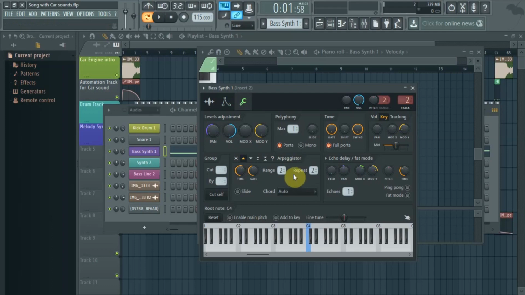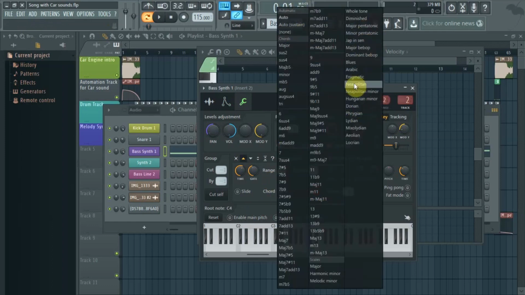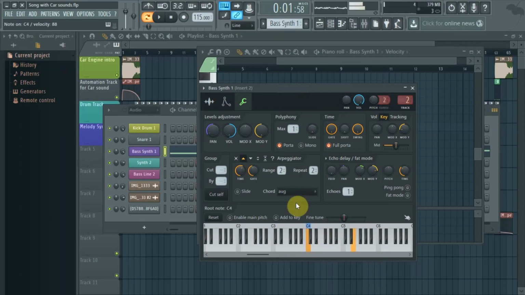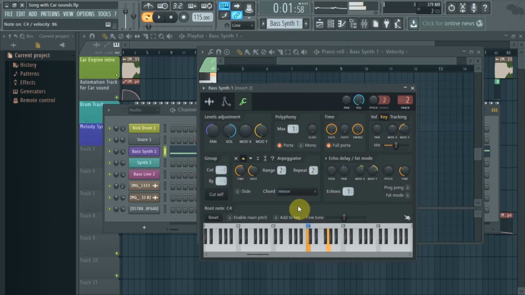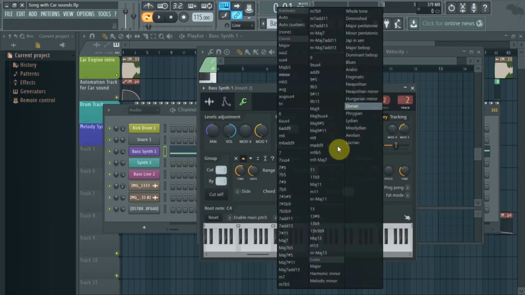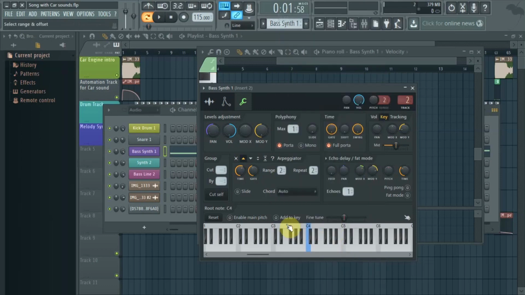Arpeggiator. I don't know how to say it. Arpeggiator. So the arpeggiator will give us this type of sound here that I can actually change according to the chord that I want. So I have it on auto. You can select any of these different types of chords over here, and it will change according to, let's say, for instance, that one. Or if I select the minor scale. And it will change according to each one of these different types of scales. So I just had it on auto,